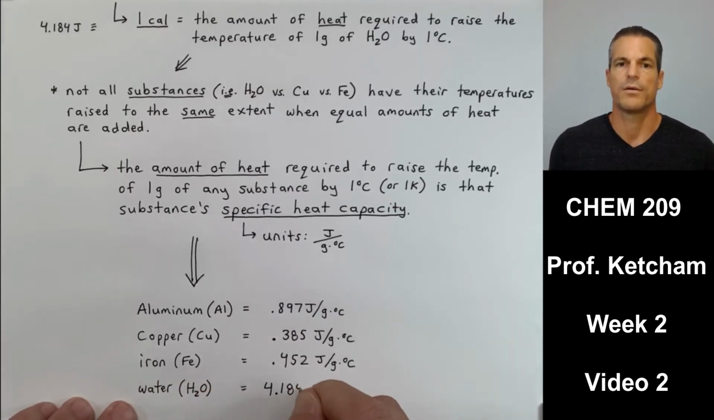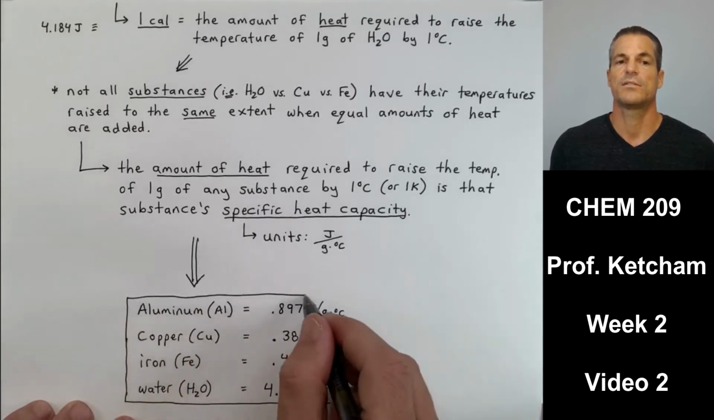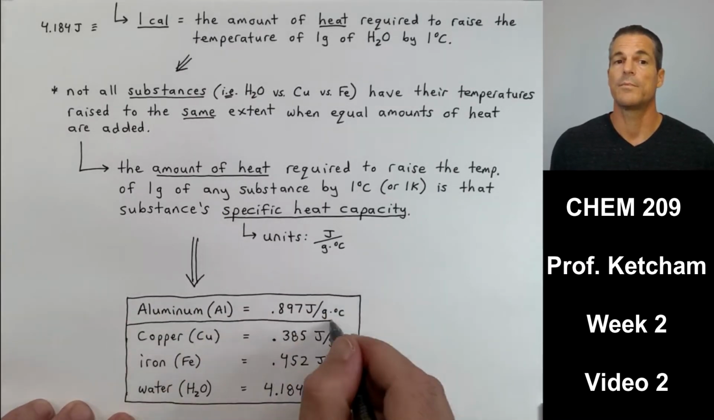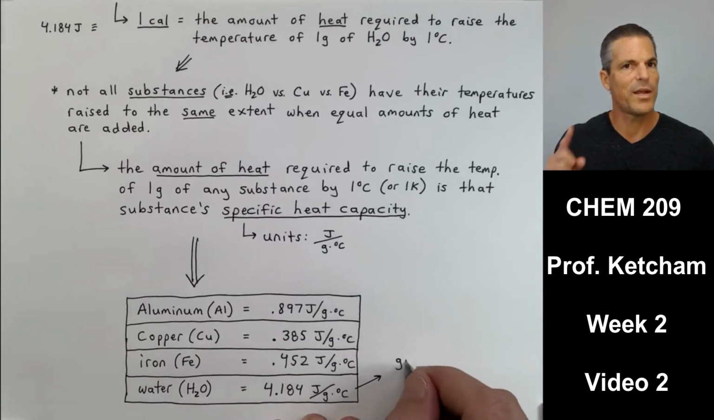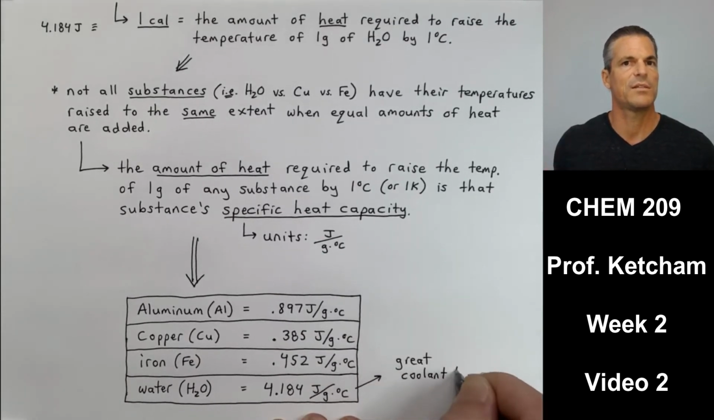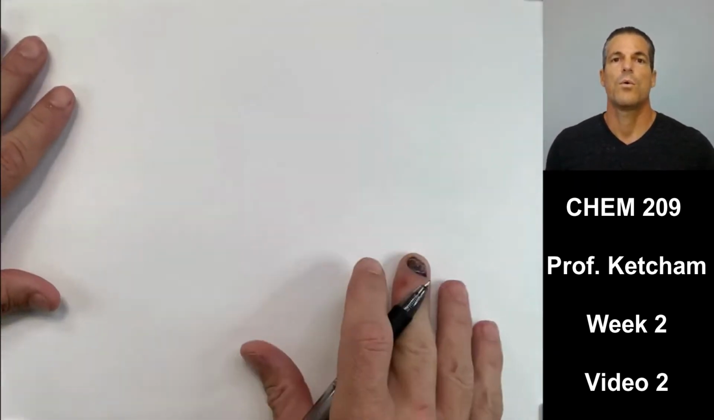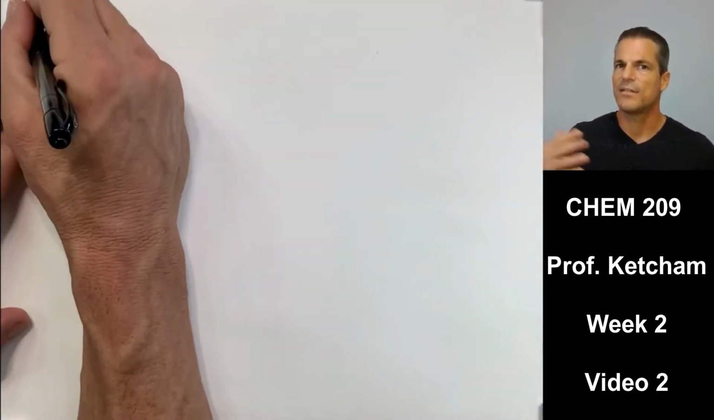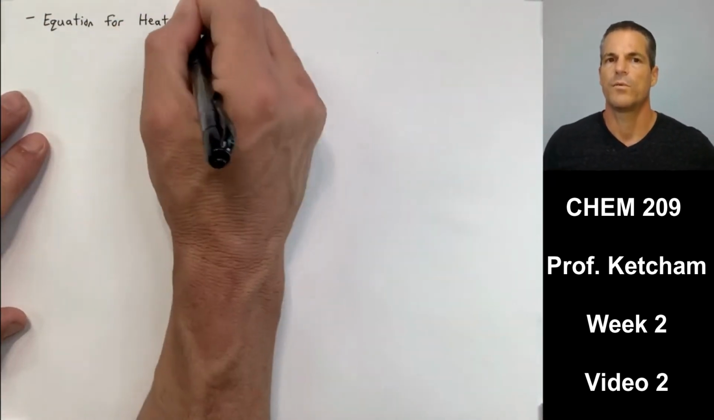Now look at water, way, way, way bigger, 4.184 joules per gram per degree Celsius. So metals, aluminum, copper, and iron, they don't require as much heat to raise the temperature of 1 gram by 1 degree Celsius. As a result, they get hotter quicker. Okay? Water requires a lot of heat. It can take in a lot of heat before it raises its temperature by 1 degree for 1 gram of